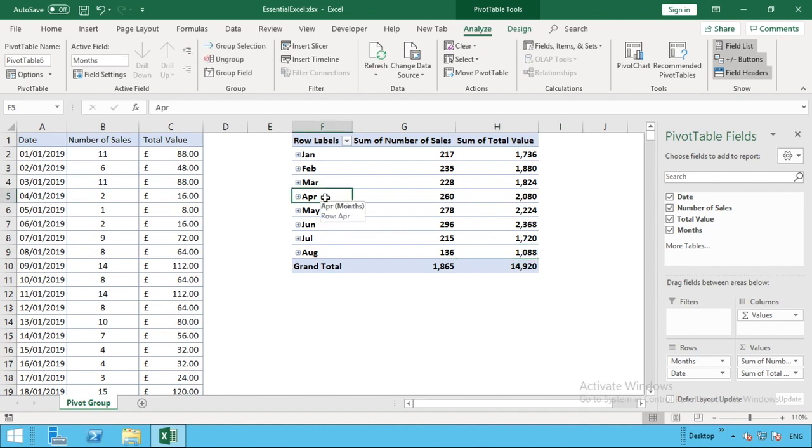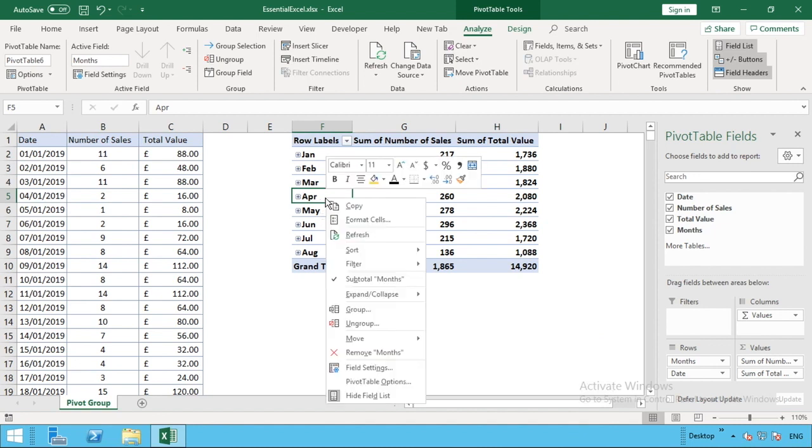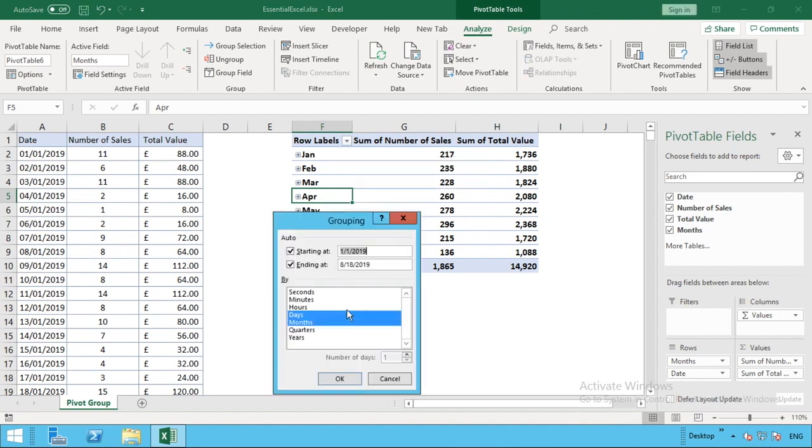If we do want to play around with the grouping of what's been done here, all we need to do is right click on that column for row labels, column F, and go into group. And you can see at the moment, because the pivot table did this for us by default, it's grouped everything by days and months. If we want to also bring years into this as well, all we need to do is select years, do OK,